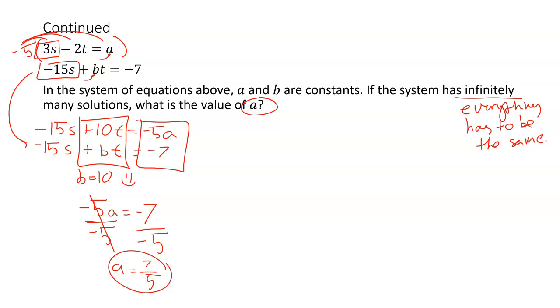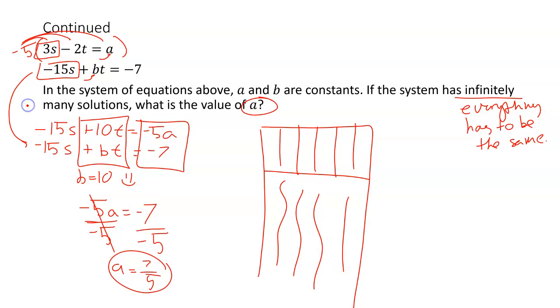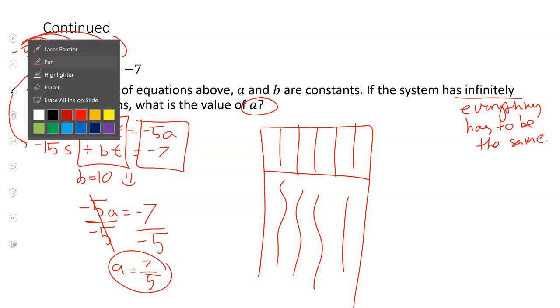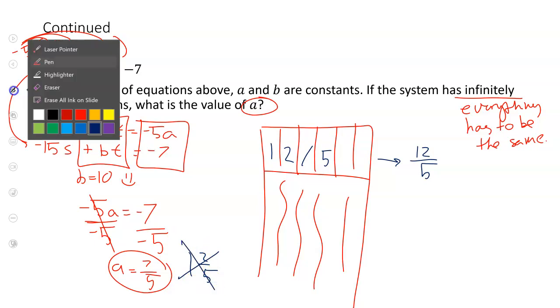If you have a student supplied response, and you've got all the bubbles down here that you fill in, and you turn it in as a mixed number, which is 1 and 2/5, and you go to put it into your student supplied response, you would put 1 and then 2 and then a slash and 5. They're going to read that as 12/5, not as 1 and 2/5. So you have to leave it as an improper fraction